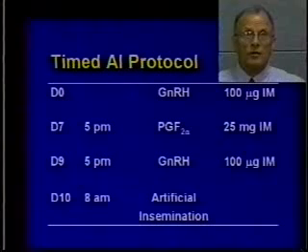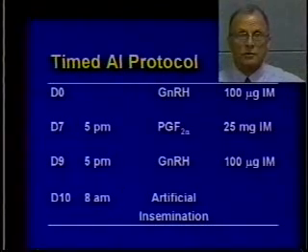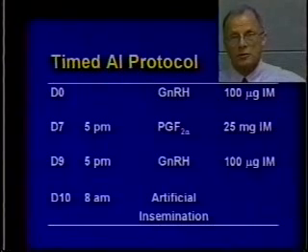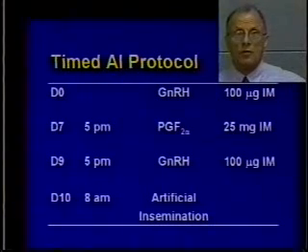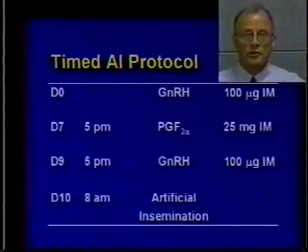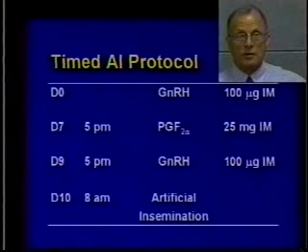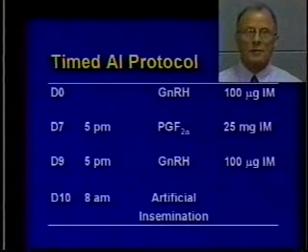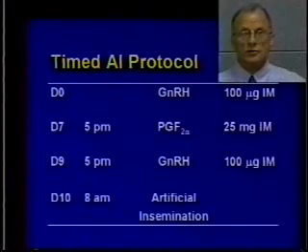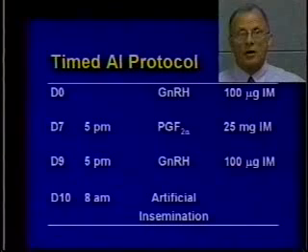What happens on day 0 with the LH that is released, we will cause luteinization of the cyst, or we cause ovulation of a follicle that happens to be present on the ovary. A week later, when we give the prostaglandin, all that luteal tissue is regressed, and a new follicular wave starts. And we give that a couple of days for a dominant follicle to come up ready to ovulate, and we give 2 days later a second injection of GnRH to cause the ovulation of that follicle, and 16 hours later